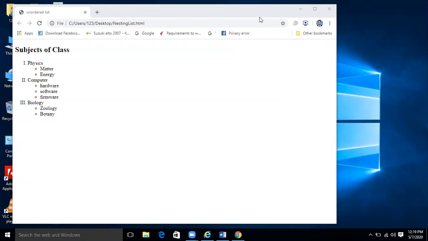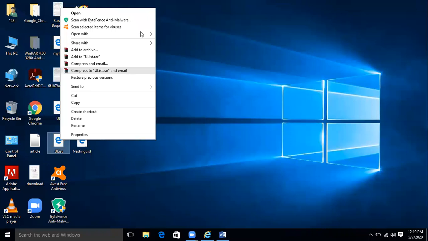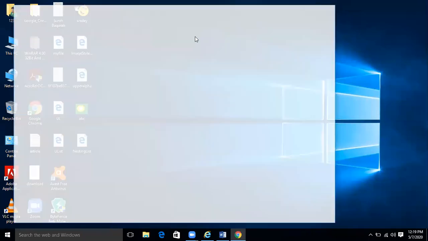Now I'm going to show you how we can use images as bullet points, as item points. Just like in this program we used circle or square, I can show you another program.